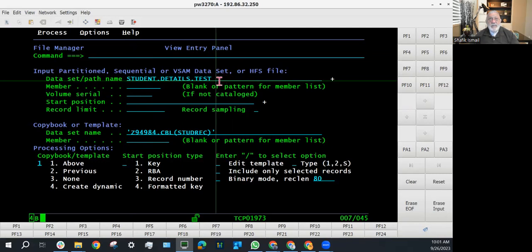And now assuming I did not have a copybook, okay? So I'm going to remove all this here. And then over here, do you see where the options are? I want to say there's no copybook, so I'm going to enter 3 there for none. All right, that's what the 3 is there for. All the rest can be left as default. All right. If I press enter now,